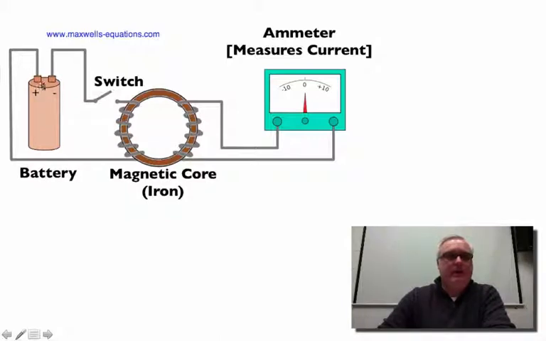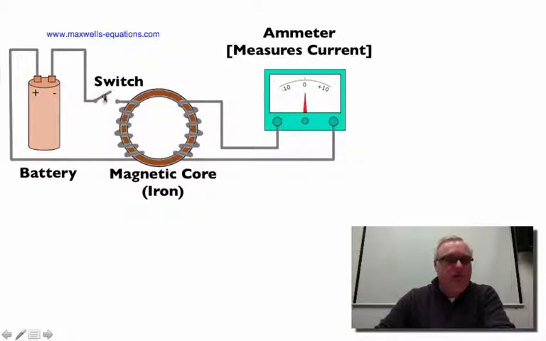So basically what he had is a battery, and that battery was connected through a switch to a coil of wire. And through the coil of wire there was an iron magnetic core, and on the other side was another coil which was connected up to an ammeter. Now, obviously there's no reason for there to be any current in this coil right now,